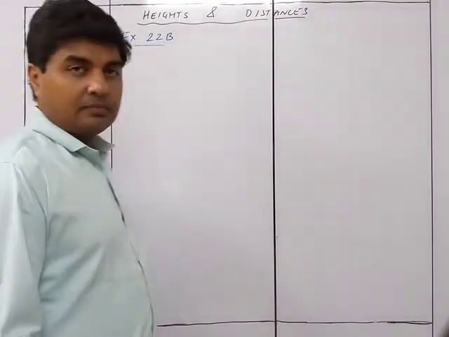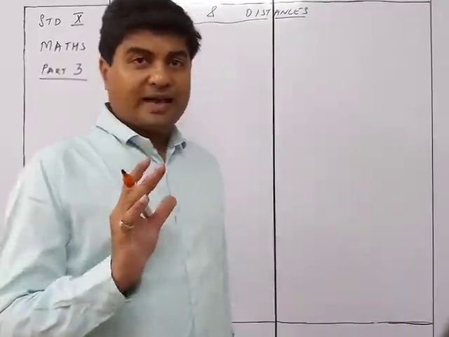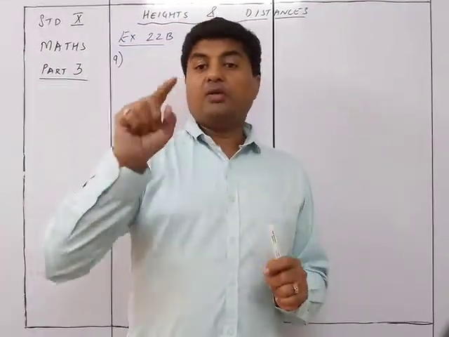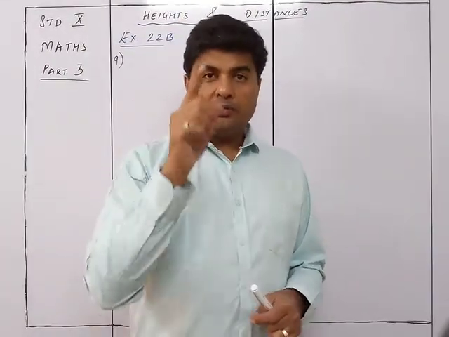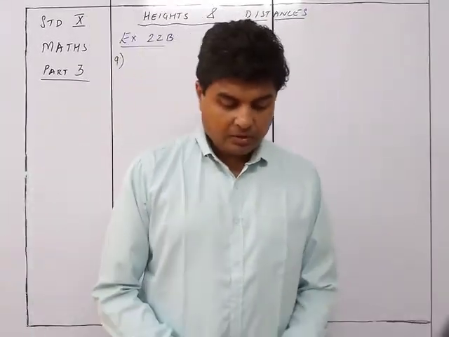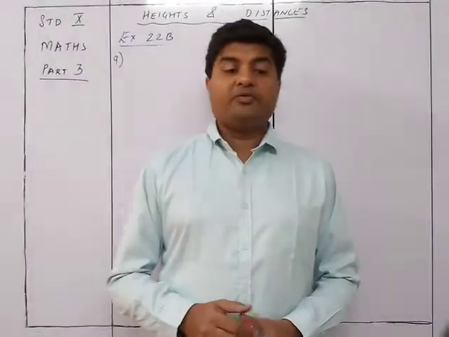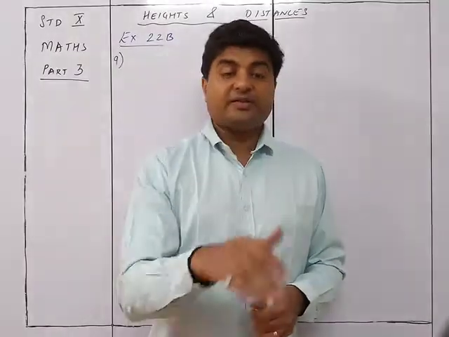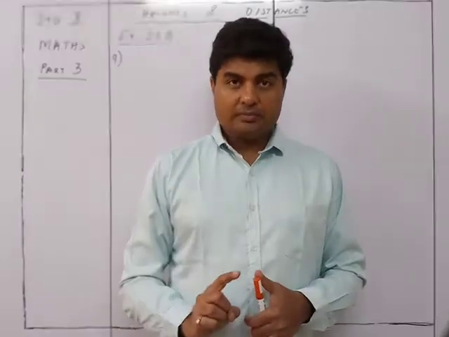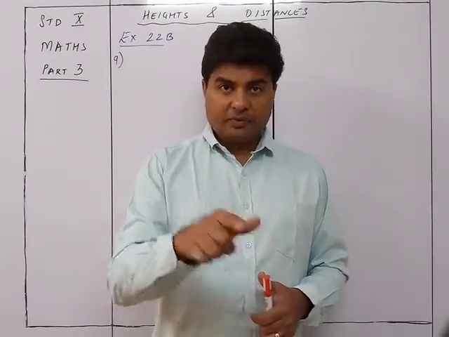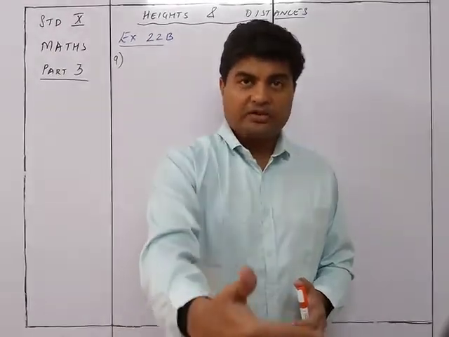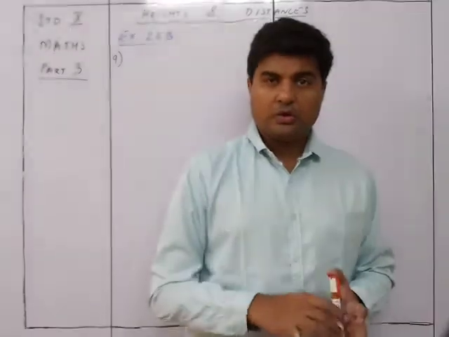Okay. Understand the sum first. What is it? A man is standing on top of a cliff. He is looking at a boat down. When he is looking at the boat, he sees that the angle of depression he is making is 30 degrees. After 3 minutes, he looked again, and the angle of depression is now 60 degrees. Okay? That is the sum. You need to find out the speed of the boat in meter per second and you need to find out how much time it will take for reaching that point at the cliff.